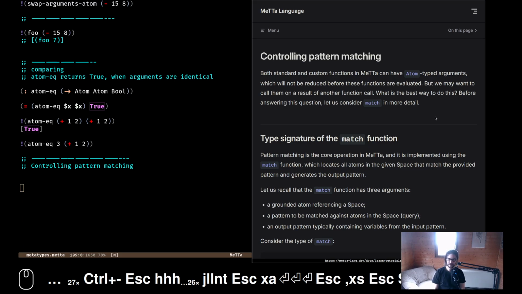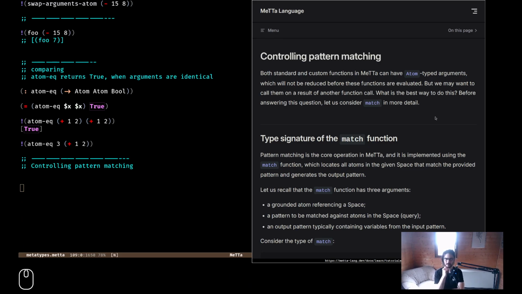Both standard and custom functions in MeTTa can have atom-typed arguments, which will not be reduced before these functions are evaluated. But we may want to call them on a result of another function call. So you kind of want to force evaluation sometimes, I guess.